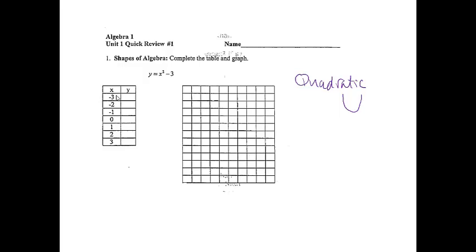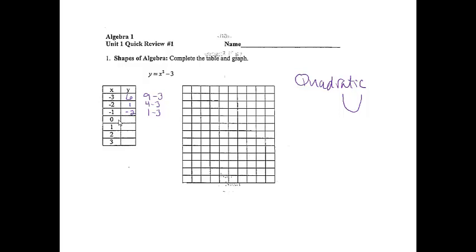Okay, when x equals negative 3, we're going to plug this in here. So we're going to do negative 3 squared. Negative 3 squared means negative 3 times negative 3, which is 9. And then we'll subtract 3, and we get 6. And then when we plug in negative 2, squared means negative 2 times negative 2, which is 4, minus 3, which is 1. And then negative 1 squared means negative 1 times negative 1, which is 1, minus 3 is